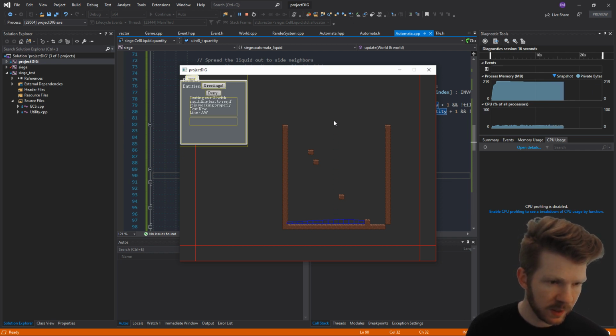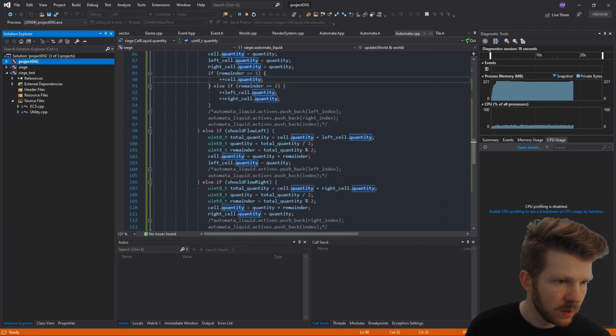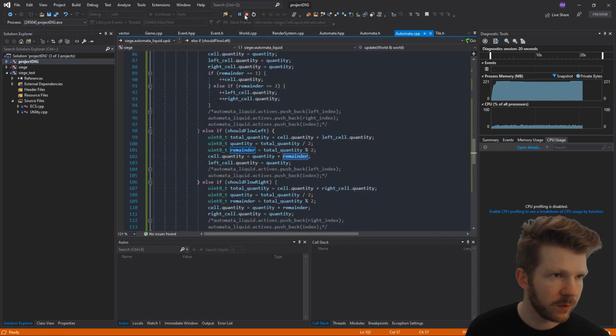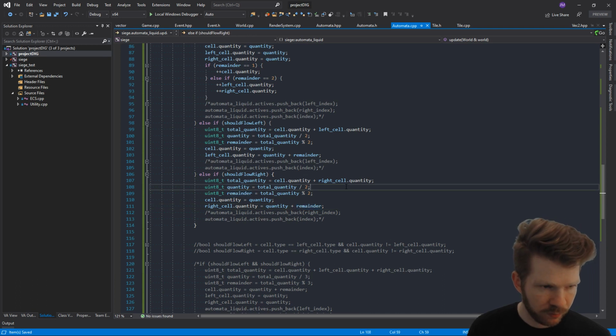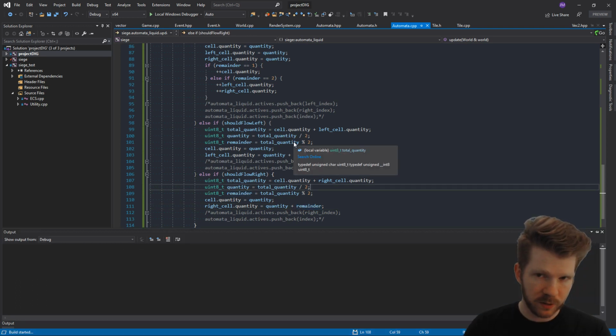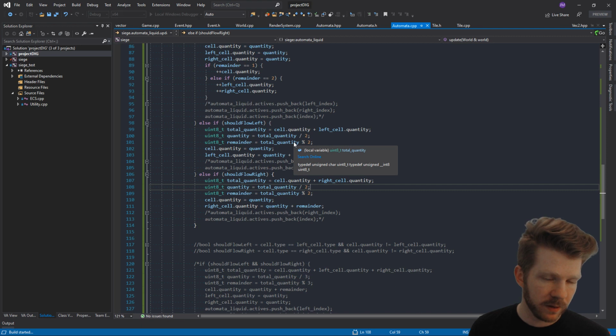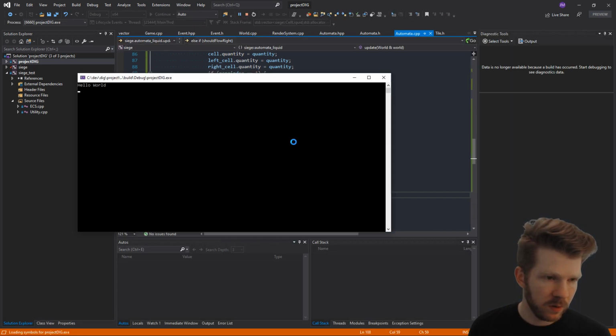Yeah, that's one thing that kind of sucks about this. One thing we could do is say, hey, let's put the remainder on the cell it's moving to. The problem with that, and that will make it so it evens out a little bit better and it won't pile up as much, is that we do run into this issue where it will then